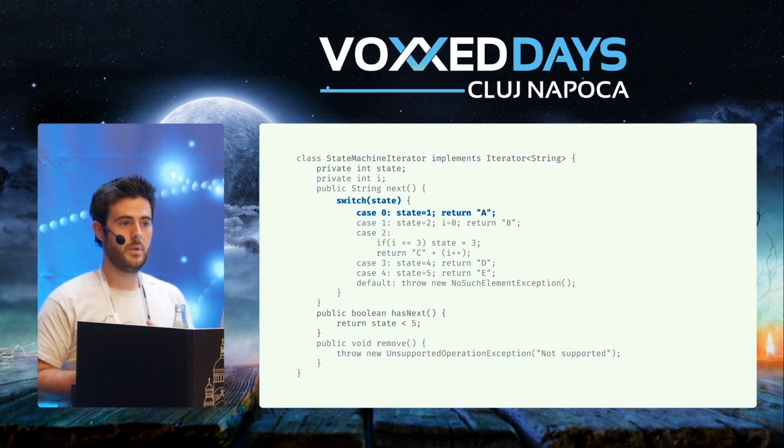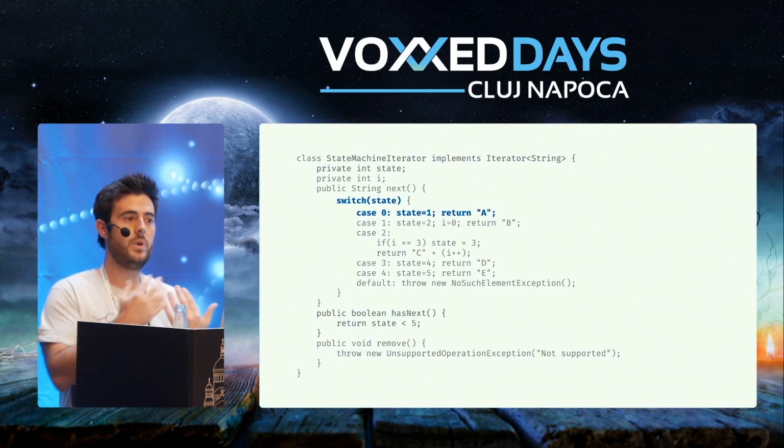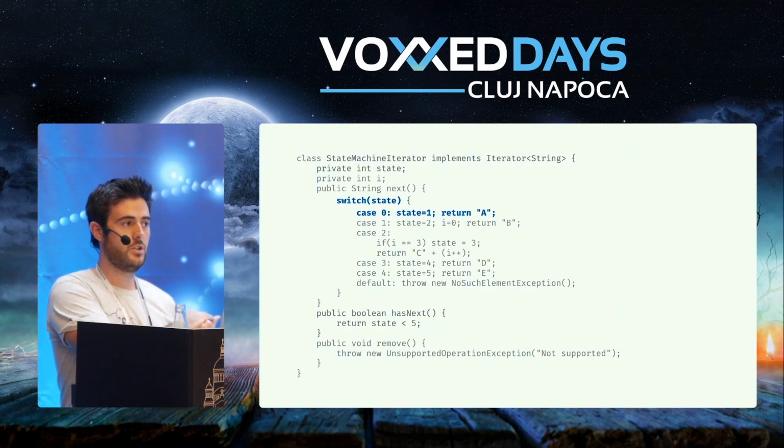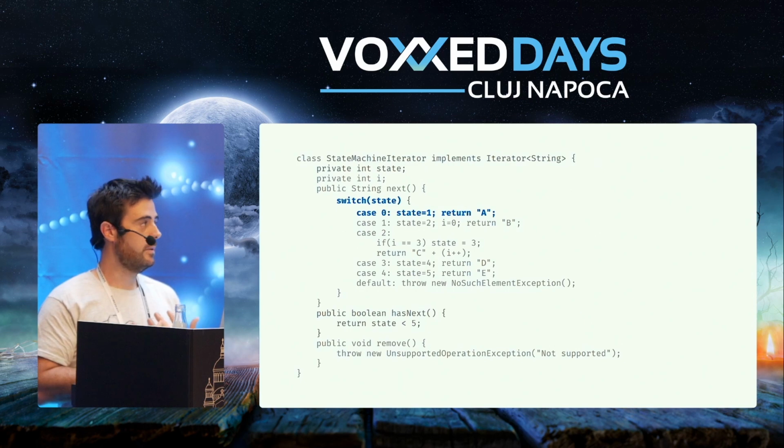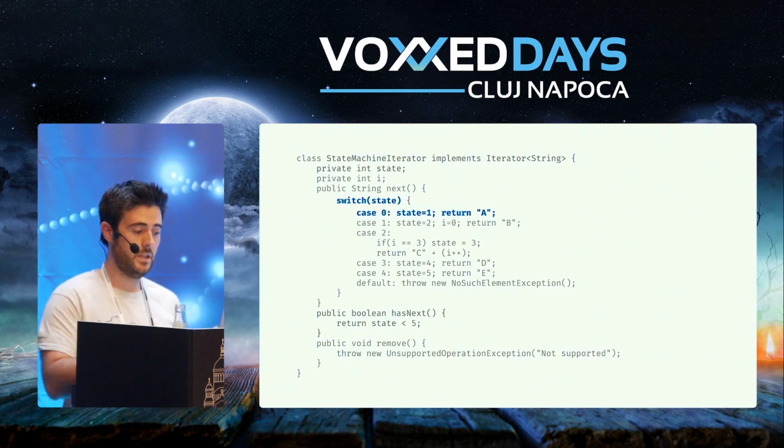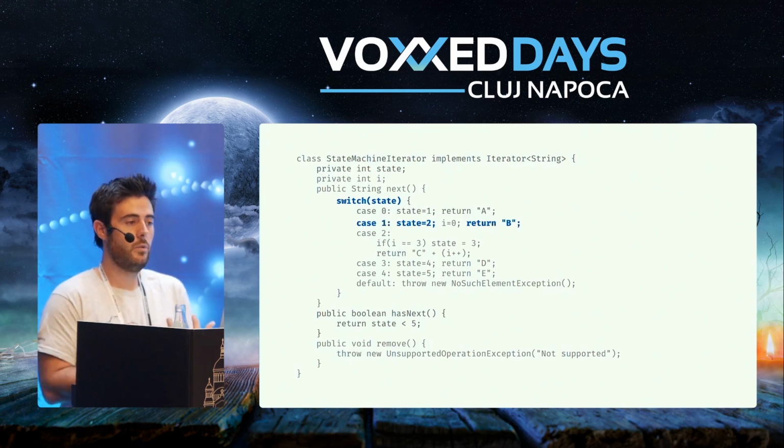With this return statement, as I said, we are explicitly returning the control of the execution flow back to the caller code. This caller code is free to do whatever it wants. It may or may not call the next method again, but if it does, we are going to evaluate this switch statement,